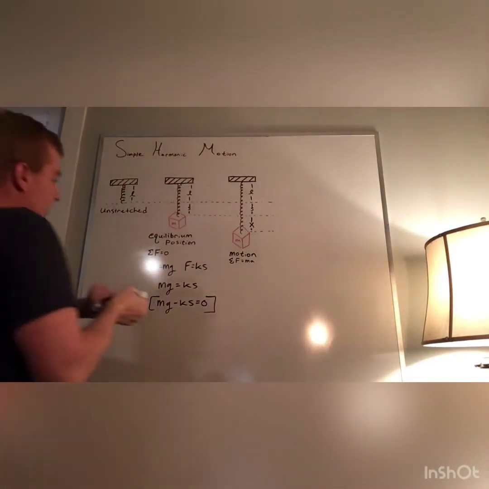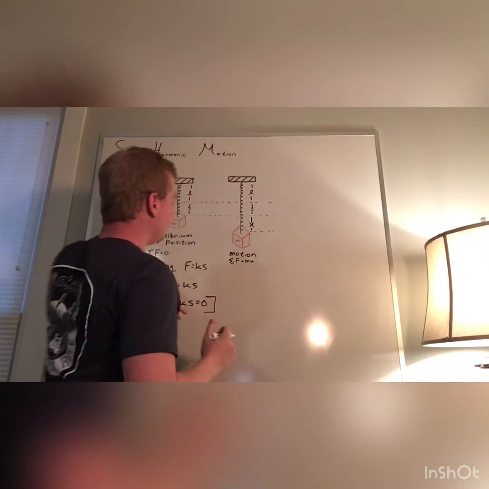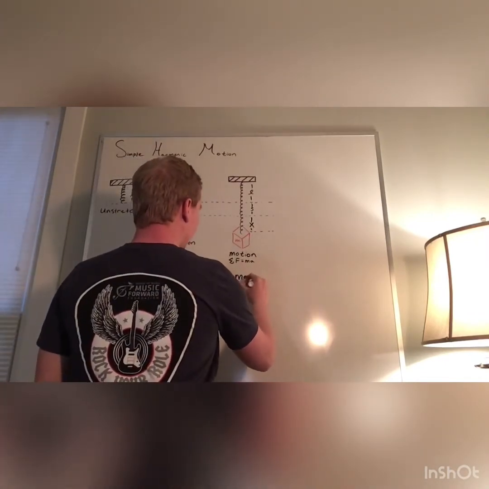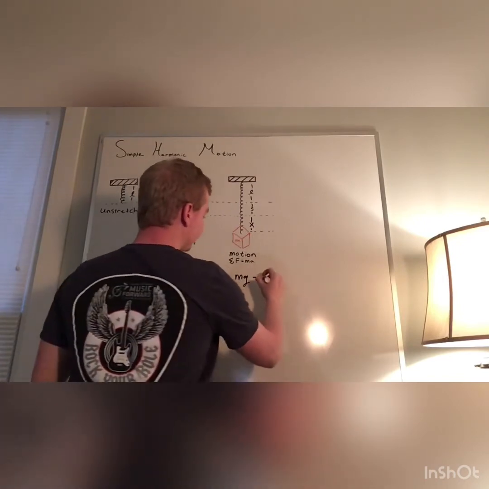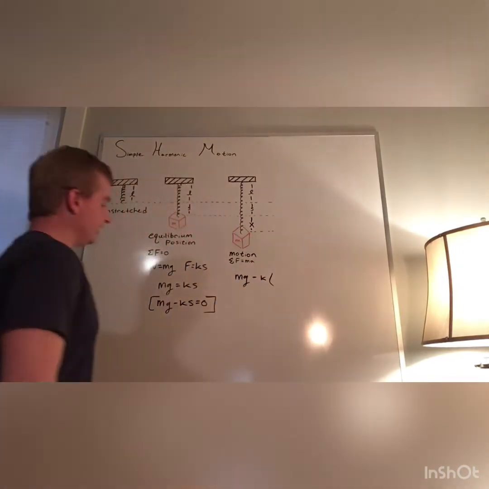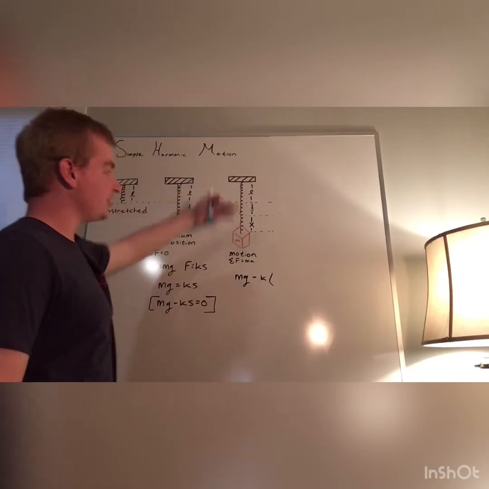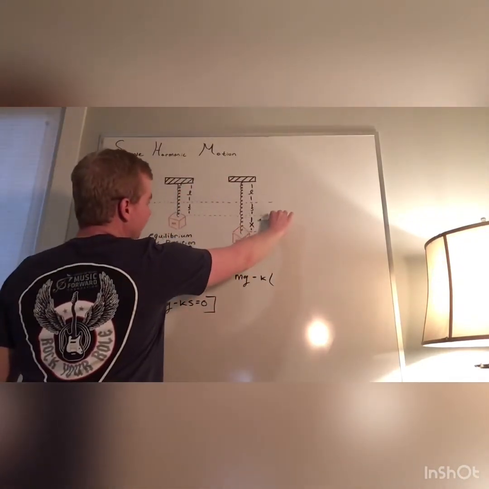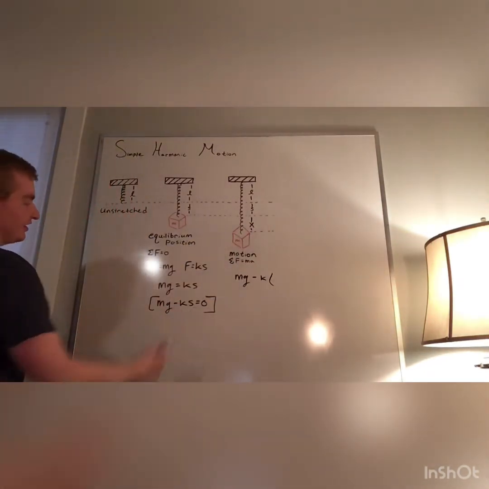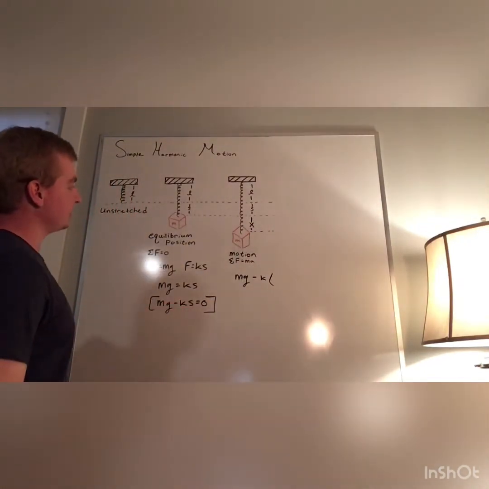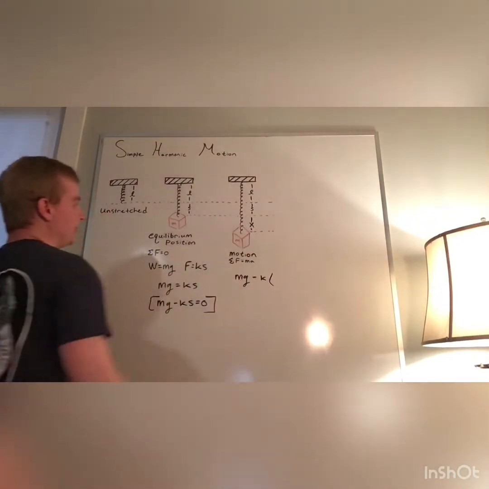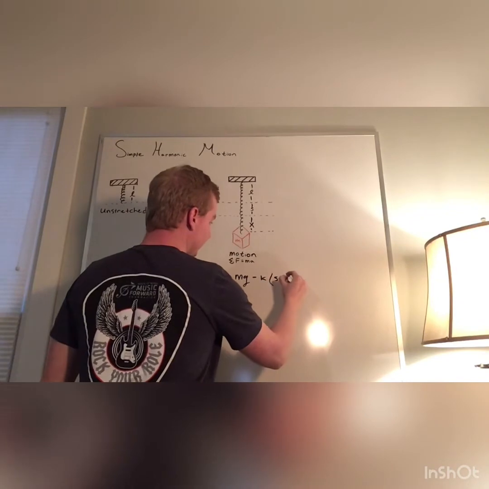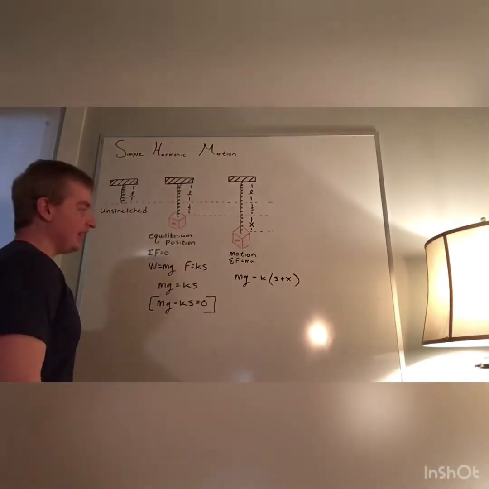Okay, so summing all the forces in the body, we're going to have mg minus your spring constant k times the distance that the spring has been stretched. So the spring has been stretched a distance of s plus x. In the static scenario, it has just been stretched a distance of s, but we've added on this x distance right there. So we're just going to put this s plus x here, and that is going to be equal